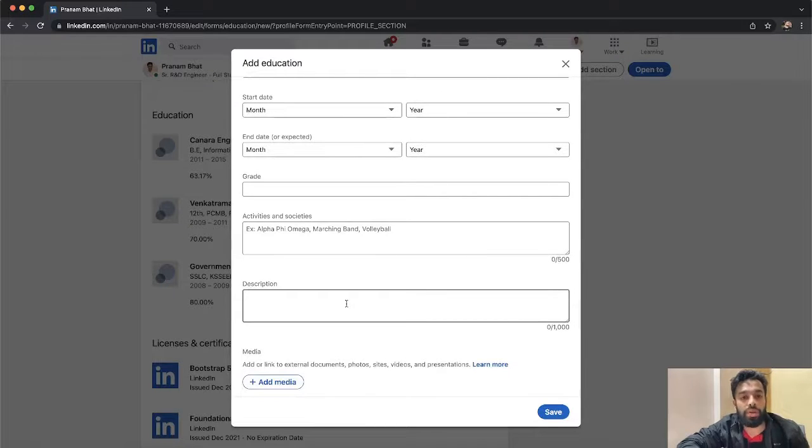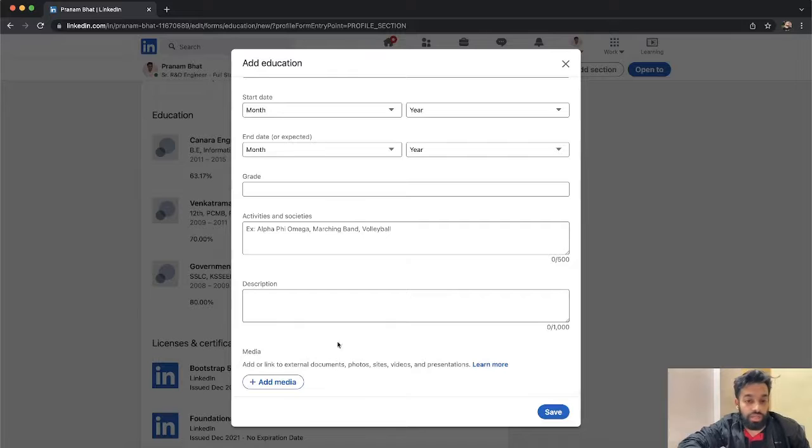If you would like to add some description, for example, if you have done a PhD or master's education level, in that case you can describe what field you have studied and what you have learned in that field. Those details you can mention here.